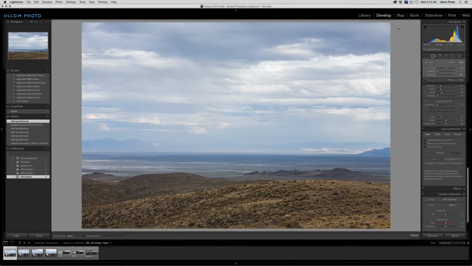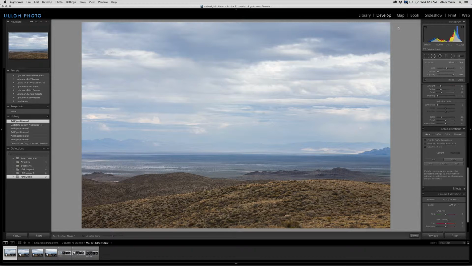Hey guys, today we are going to be looking at how to create a panorama image using Lightroom CC. Now it wasn't too long ago that Lightroom did not have this feature, and it was only Photoshop for the last handful of years that was able to create panoramas from raw files without too much difficulty. There were third-party applications that did this, but with the inclusion of a panorama feature in Lightroom, you get some really